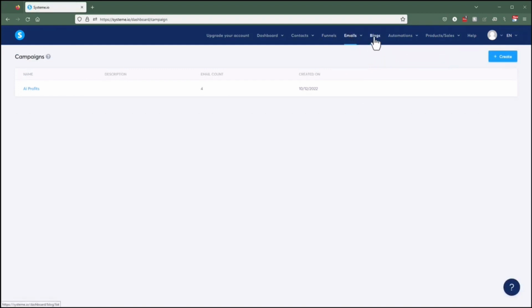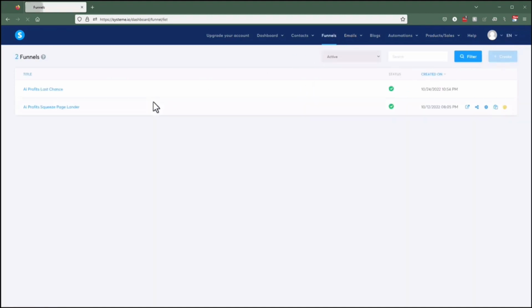And then some blogs, you can build a blog. There's automations, rules and workflows. We're not really going to get into a lot of that. And then there's actual products. So if you want to put your own products in here, you can do that and create your own affiliates and that sort of stuff. If you're selling AI Profits course and the rest, then it's already done for you, and then help and the rest. So pretty basic. In the next video, we're going to cover actually the funnel section,